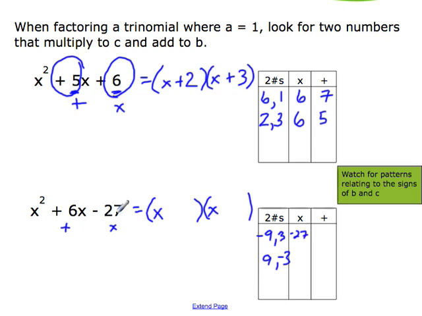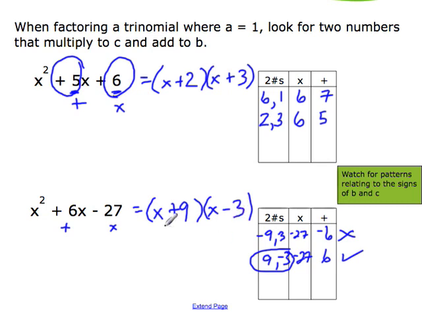Yeah, I'm good there. But when I add these together, I get a minus 6. I'm supposed to get a plus 6. So this one doesn't work. Here, if I multiply those, I get a minus 27. When I add those, I get a positive 6, which is what I have here. Therefore, these are my two numbers that I'll use. So it's a positive 9, I put a plus 9 there, and a minus 3, I put a minus 3